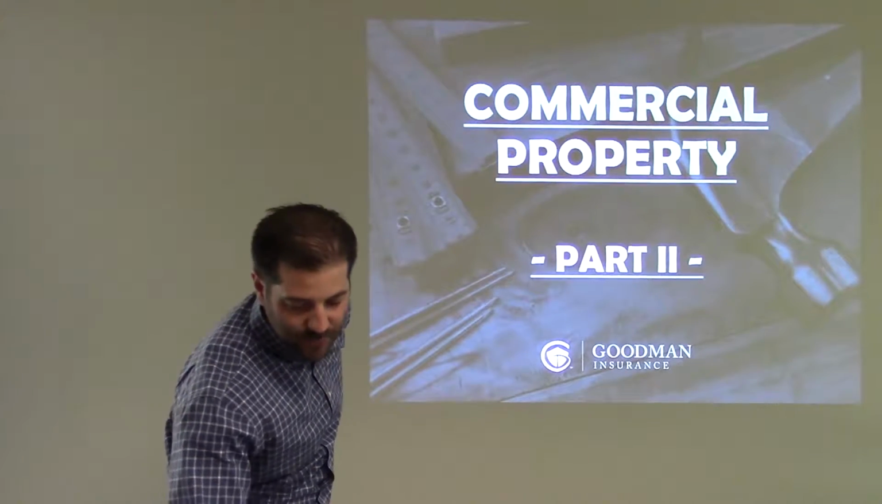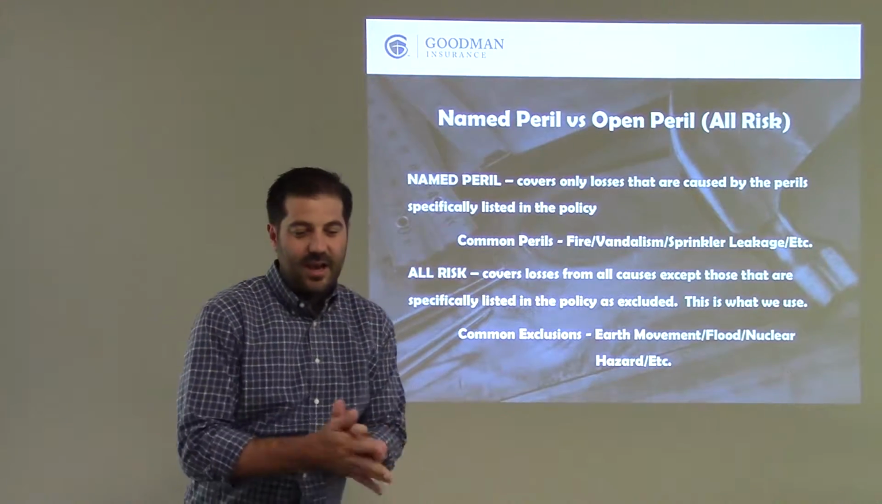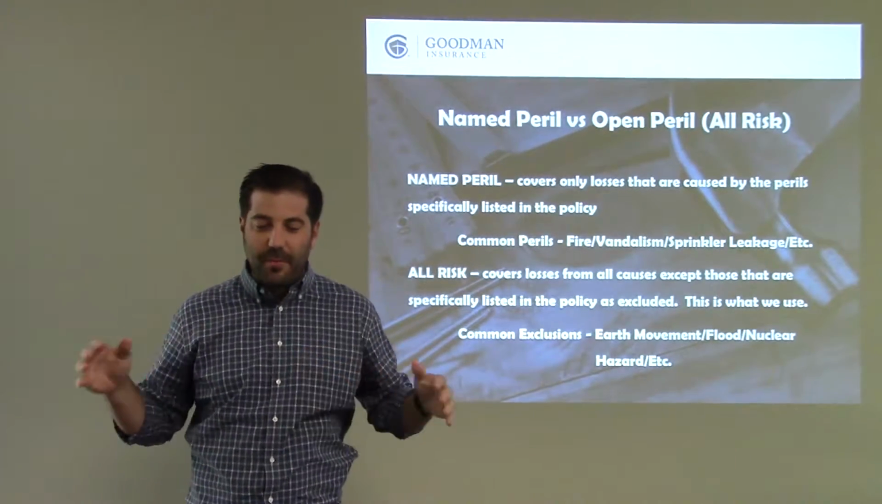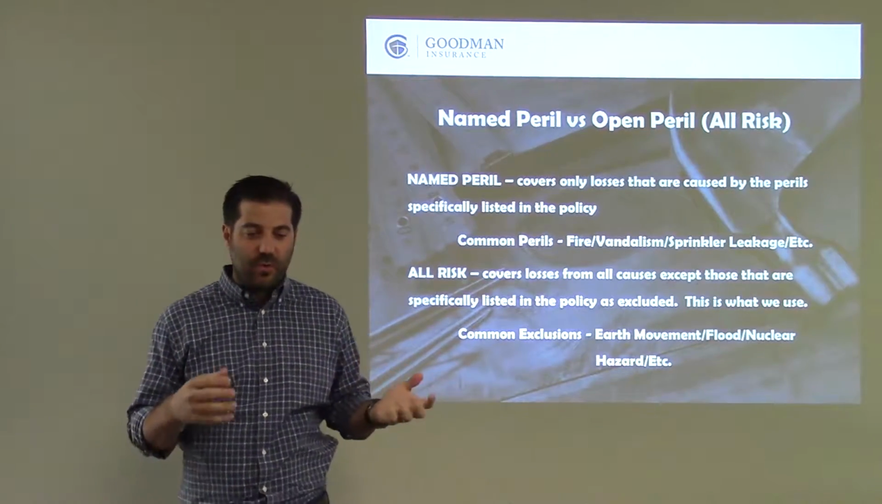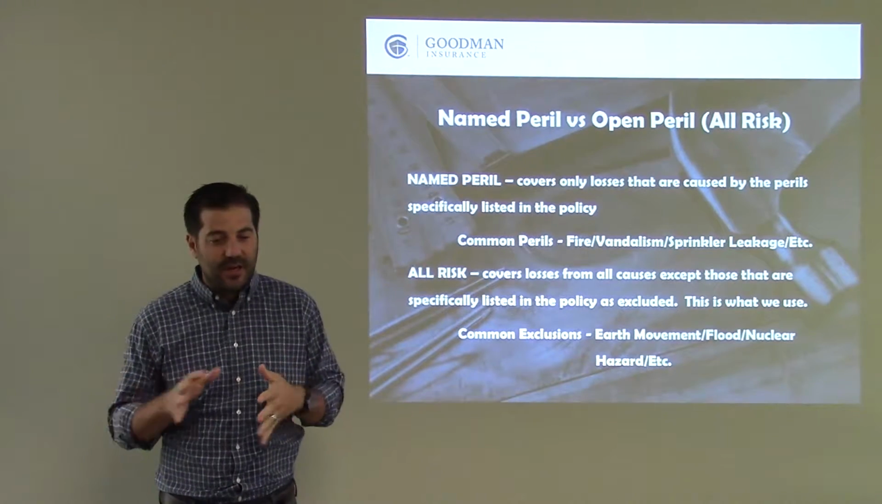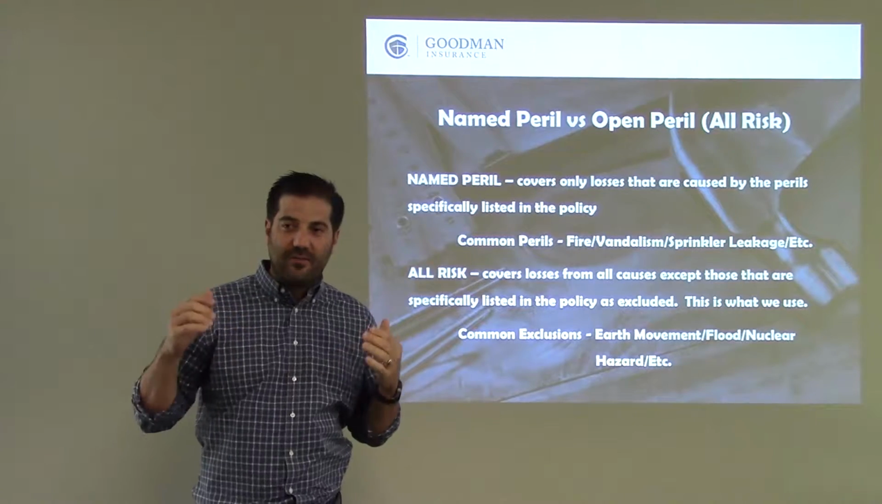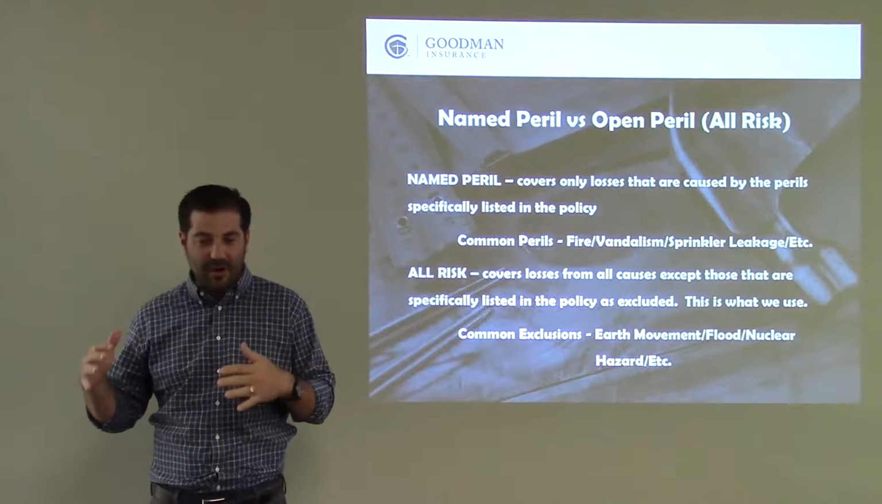Property Part 2. Okay, go through real quick. Named peril versus open peril, more commonly known as all risk policies for property. Named peril is going to be, the policy is only going to cover specifically named perils